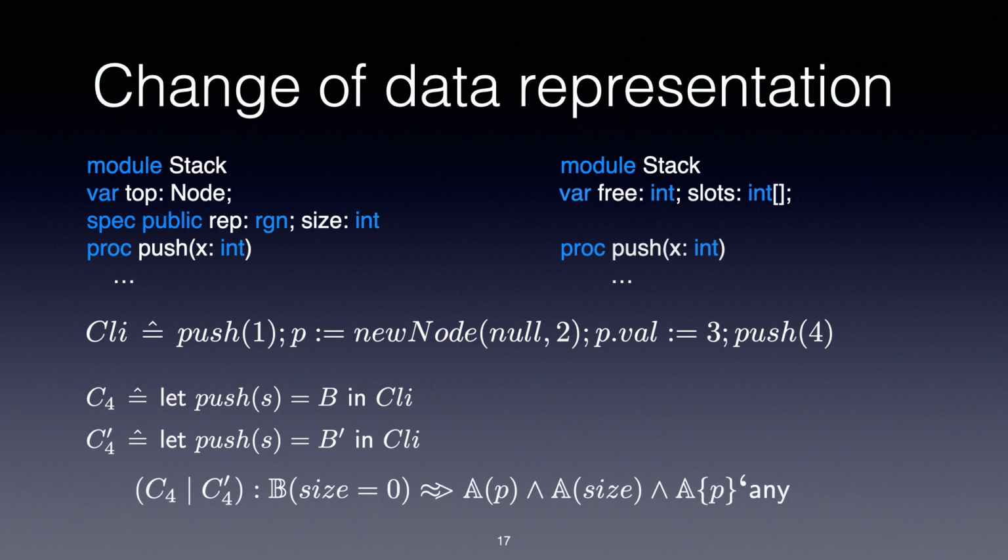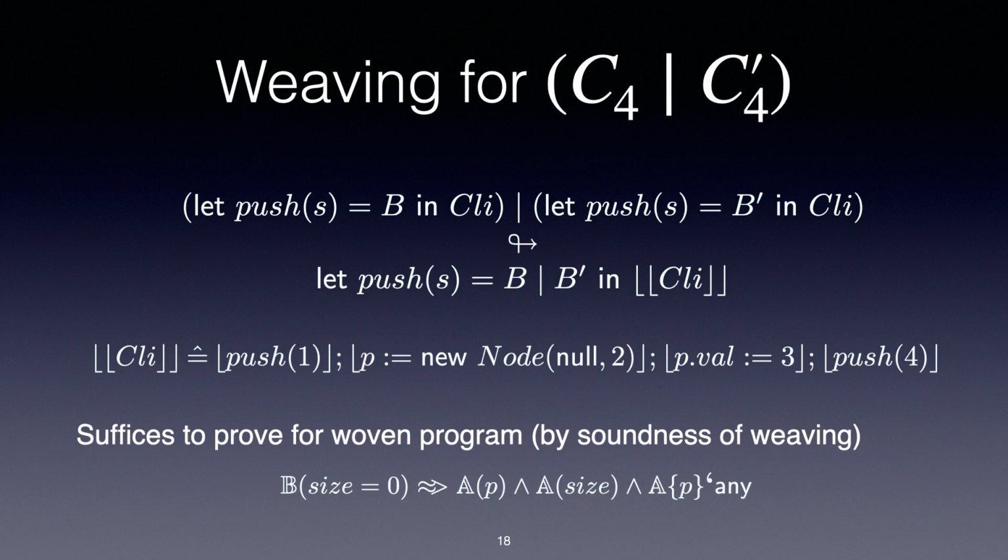Okay. Now we can weave the C4 C-4 because each one is of the form let push s equals b in cly, and the other one is let push s equals b dash in cly. Notice that cly is the same, right? So we can sync them, and then we can split the implementation so that we get this kind of biprogram, let push s equals b split b dash in sync